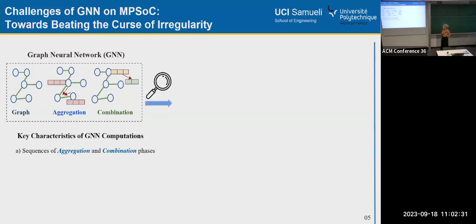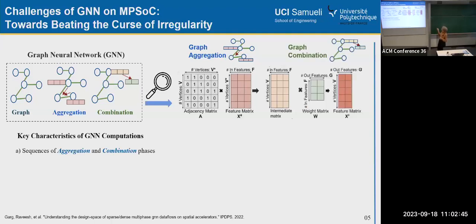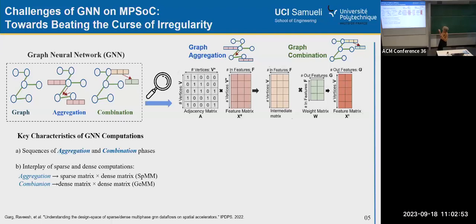aggregation and combination phases. Typically, the graph is represented as a sparse adjacency matrix on which the aggregation will be operated by retrieving neighboring nodes and aggregating their features. Then we have the combination that will follow up by taking the results of the aggregation and performing dot products to scale and reduce features. If we look at these operations computationally, we have the aggregation that can be seen as a multiplication between a sparse and dense matrices, whereas the combination is a multiplication between two dense matrices, which is the typical GEMM